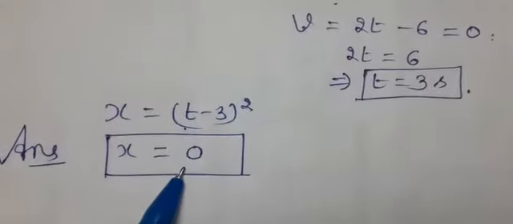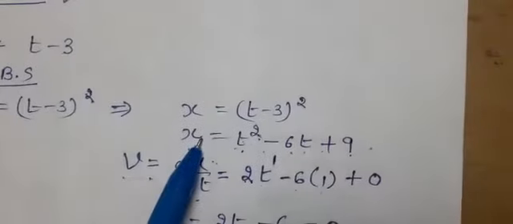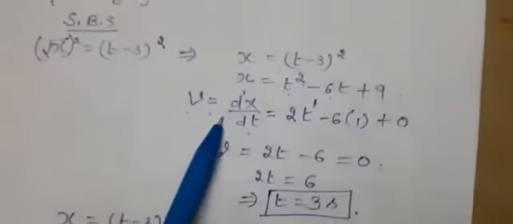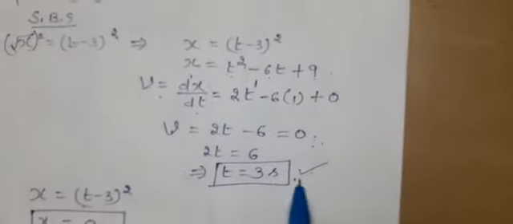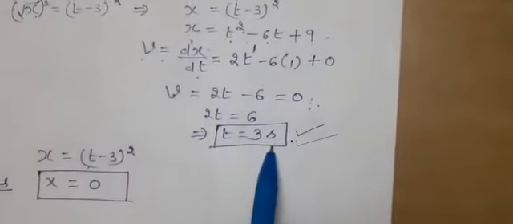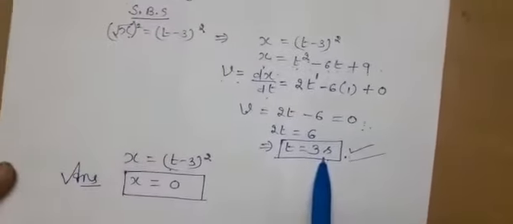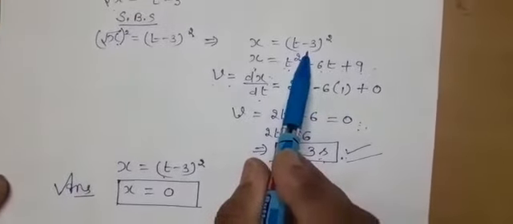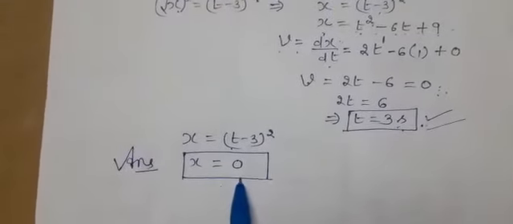So first of all, you have rearranged as per this statement, obtaining the value of x. Then, because one condition has been given, velocity to be 0, first of all you obtain velocity by differentiation. Take velocity to be 0. From it, we obtain t to be 3 seconds. Then, knowing this value of time, the instant at which velocity becomes 0, now at that instant, what will be the displacement? In this expression, you will substitute t to be 3. So finally displacement is 0. It means body is at the rest position at that instant.